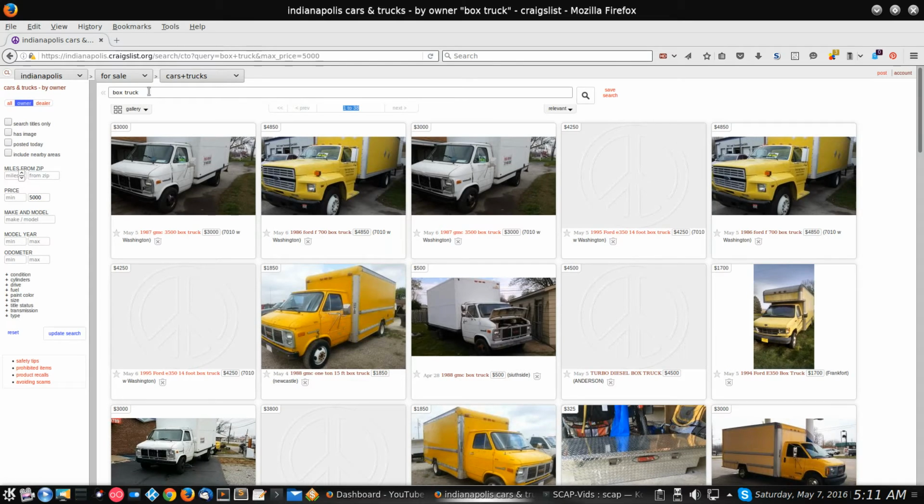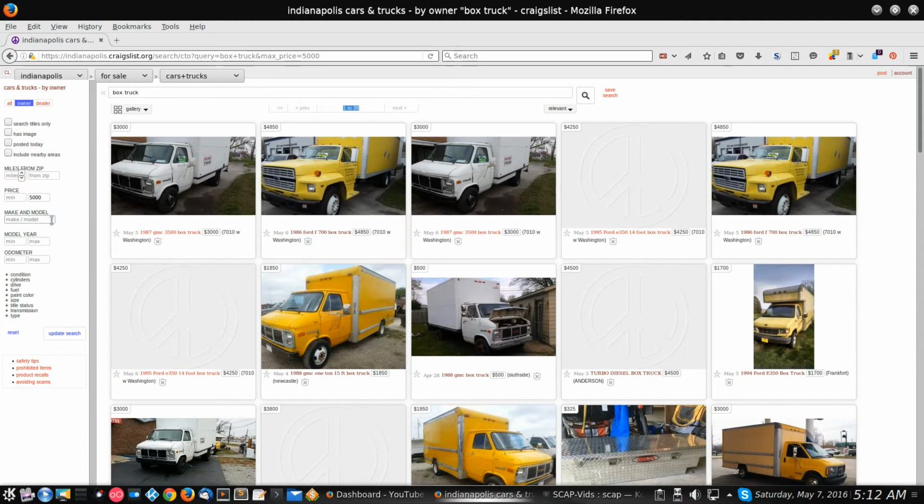This up here will search the text and the titles and help to narrow it down. This over here helps you. These are filters. X number of miles from your zip code. You can type that in. I've kind of figured out that is not always very accurate at all. The price, this one is definitely very useful. I use this a lot. You can use make and model.